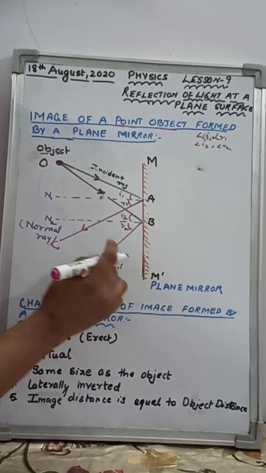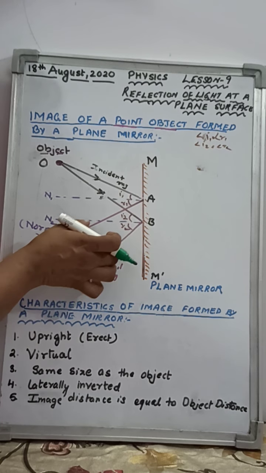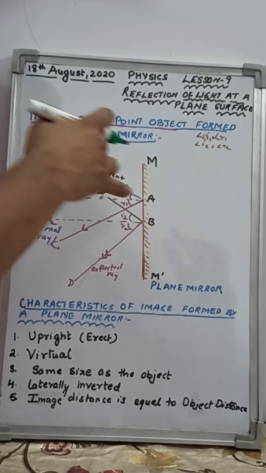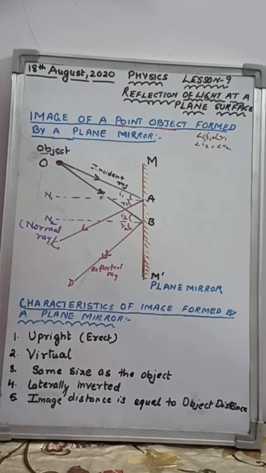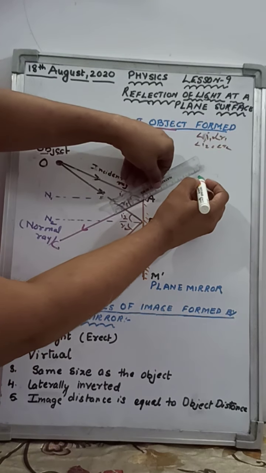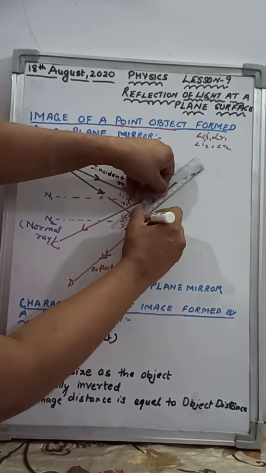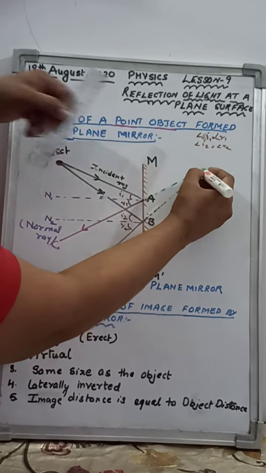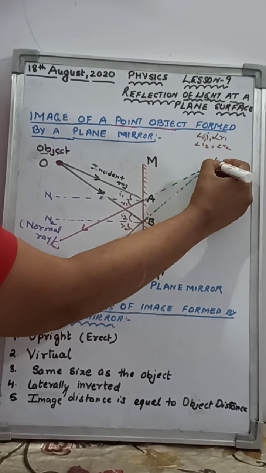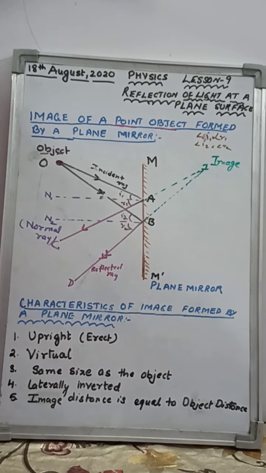These two reflected rays, if you see, are diverging. They will not meet. Clear? So what happened? If you do imaginary work over here, if you produce these two reflected rays behind the mirror, actually it doesn't happen, but we are doing it imaginary. If we produce them, they appear to meet behind the mirror. So let us do it. Behind the mirror is imaginary, so you will only use the dotted line to show the rays appear to meet at point I. This is an image of the object O, that is a point object.